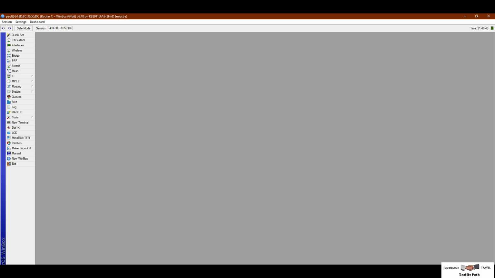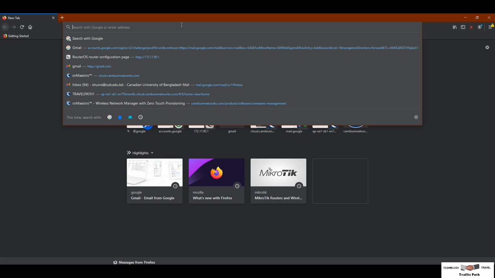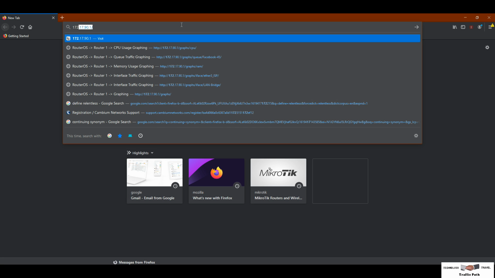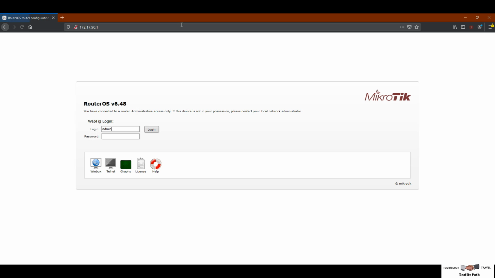Now I'm going to my browser, and I am putting 172.168.19.1 and pressing enter. You can see the Winbox, telnet or graphs tabs. There is no password needed to see your graphing.